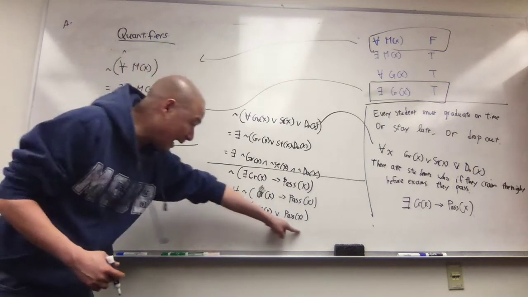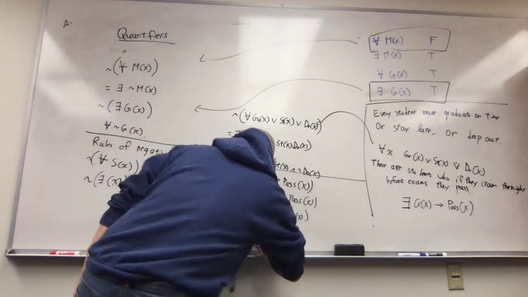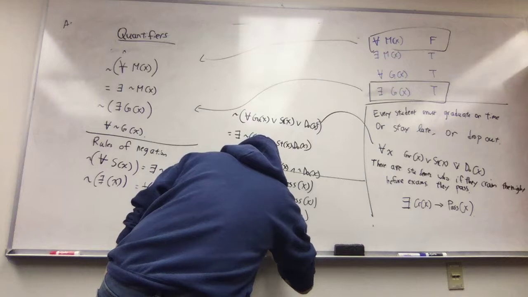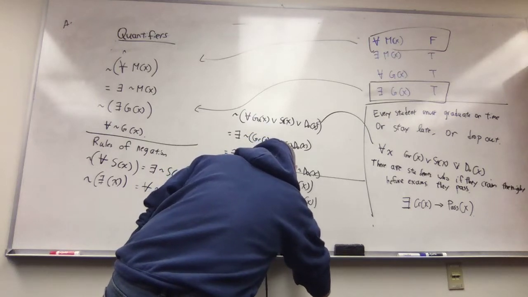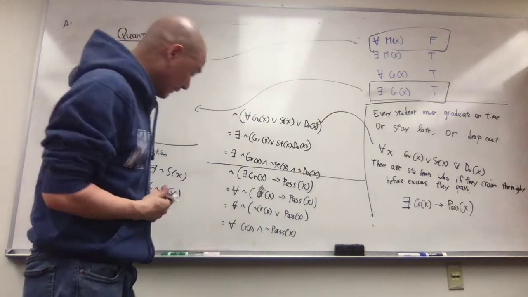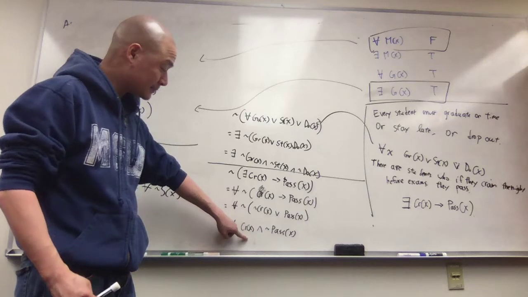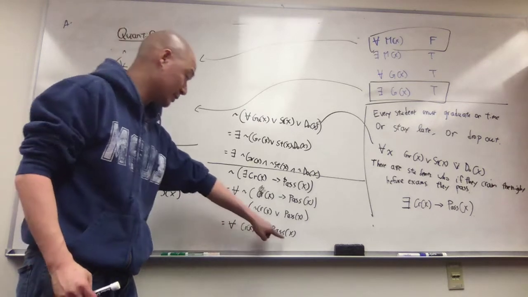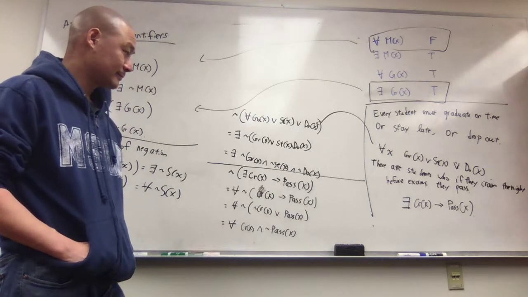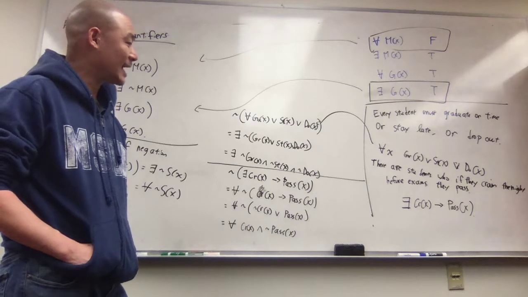And we pass the not through this statement, De Morgan's law once again kicks in, and we get for all, not cancel, we get cram of x and not passing. So that would mean for every student, if you just cram the night before, you won't pass. So that is how you pass